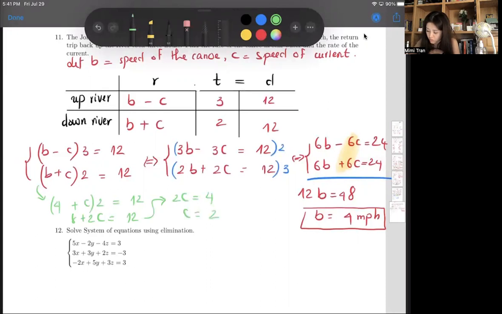C equals 2 miles per hour. So the current is 2 miles per hour. Makes sense. The speed of the canoe should be bigger than the speed of the current, otherwise you're going backwards. Right? You're going to overcome